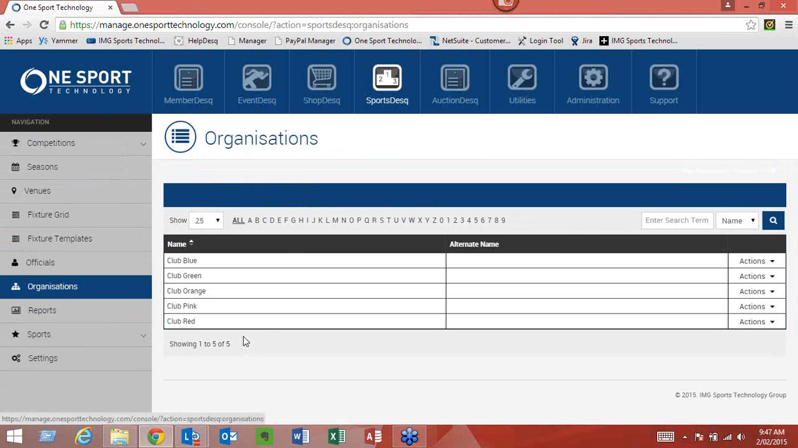Organisations. So I am working within an IMG STG test database. However, in your association database, you'll have clubs that sit underneath you. So I've set up 5 separate clubs to sit underneath me in the organisational chain. You'll have access to these organisations and you can attach them to specific competitions depending on whether they play in